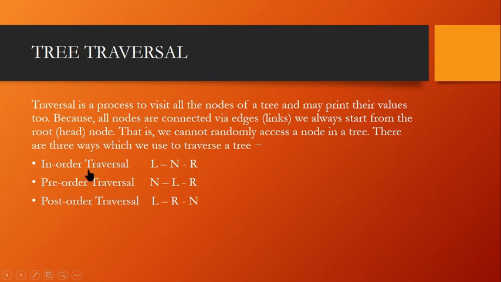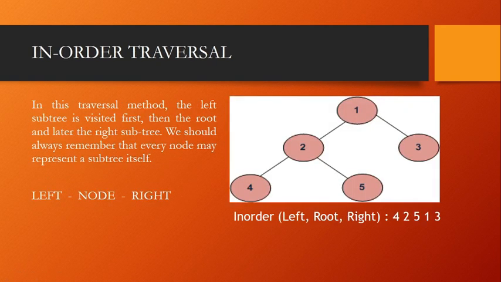That's our in order. And next is pre-order traversal. That means I start from the root initially and go to the leftmost node and cover the rightmost node. Okay. And post-order traversal, I start from the leftmost node, then move on to the rightmost node. Finally, I'll be covering the root. All these in order, pre-order, post-order traversals are very important when it comes to tree, binary tree, and we are going to learn about binary search tree also.